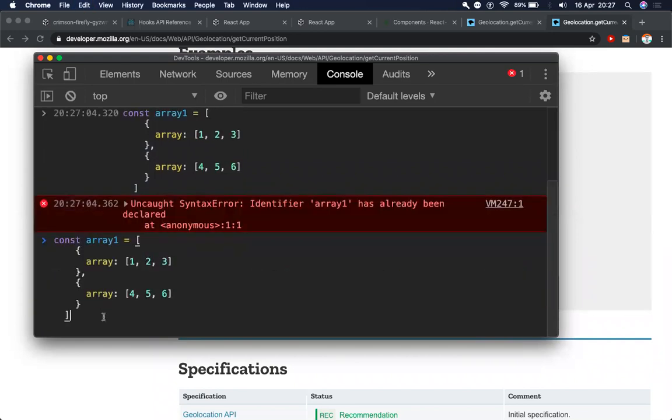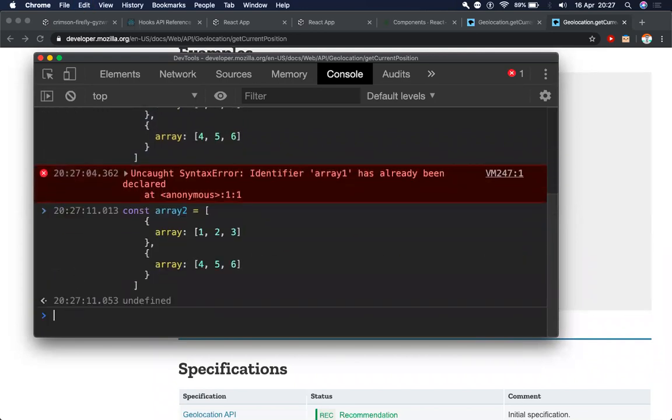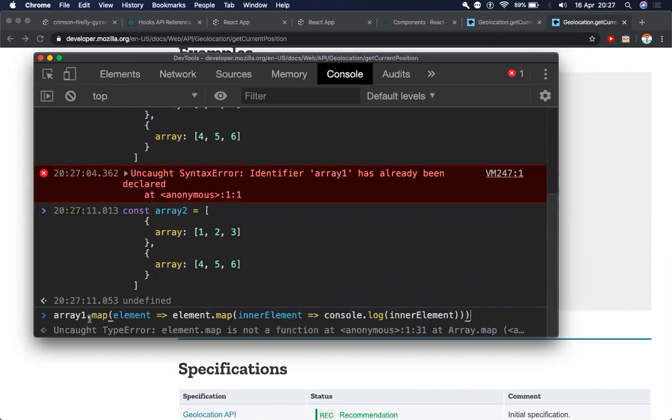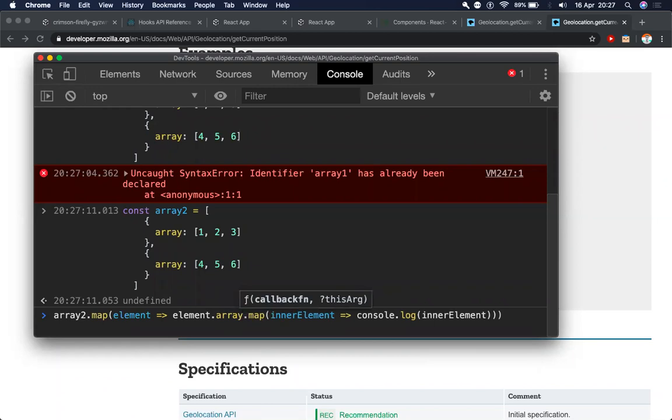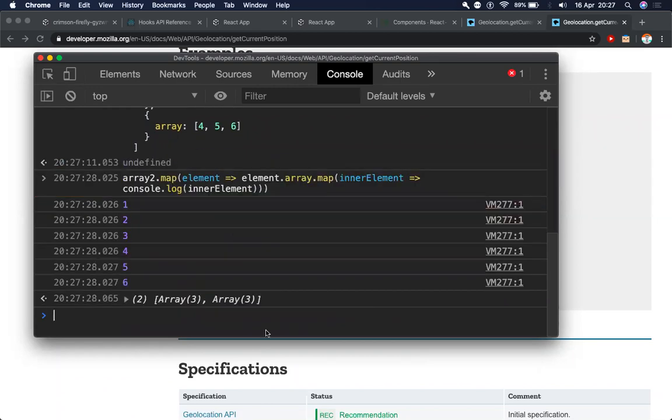Okay, so then I rename this to array2, and then I take back my code, I paste it here, I map over array2, and element.map is still not a function. So what I need to do is element.array.map, and now we see our array is printed here. So this is how we can map over a map, if it makes sense.